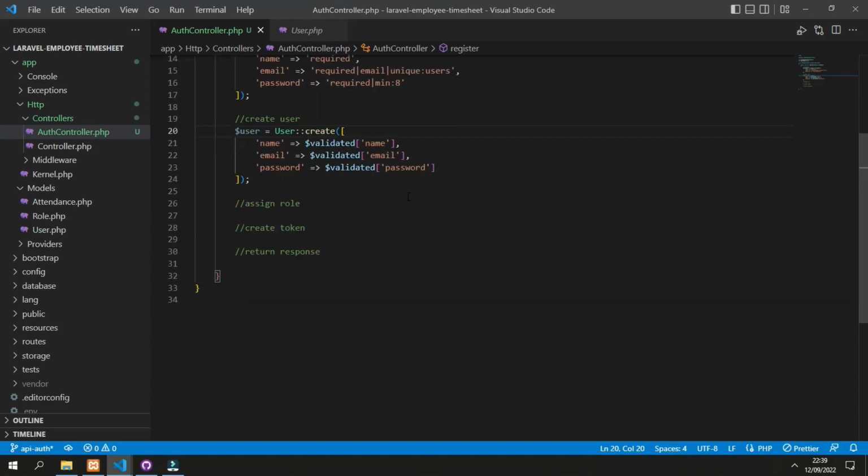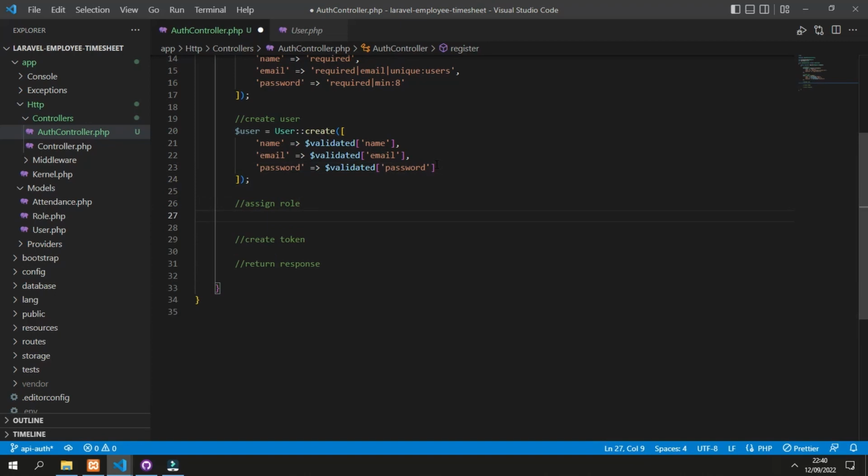We can actually pass the role ID in here. For example, role ID, if we already know the number, for example 2, but for this case I'm not going to use it. I'm using the more descriptive way, so let's delete this.